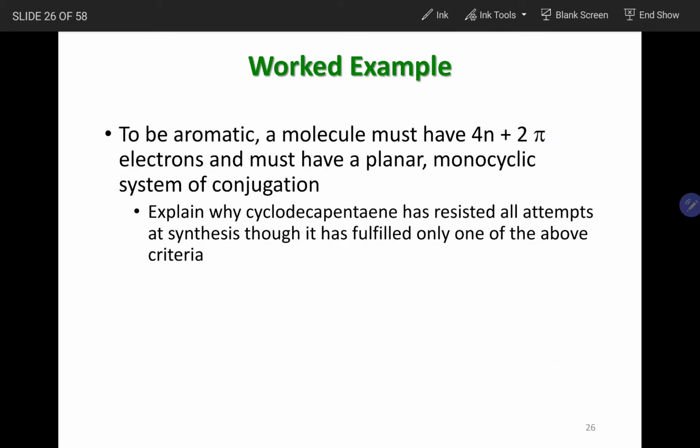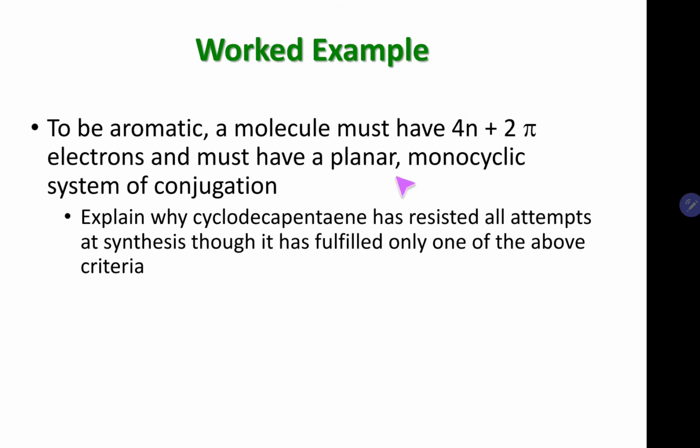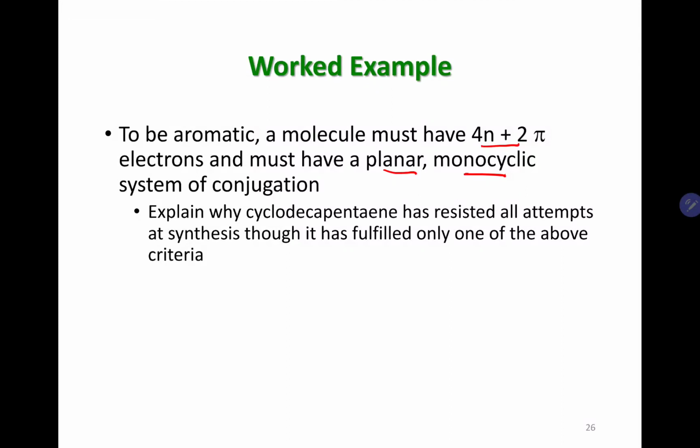I have a simple worked example in this slide. I want you to pause the video and see if you can do this by yourself. According to this worked example, to be aromatic, a molecule must have 4n plus 2 pi electrons. Okay, good. It has to be planar, it has to be monocyclic, and it has to have 4n plus 2 pi electrons. Explain why